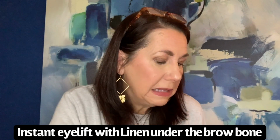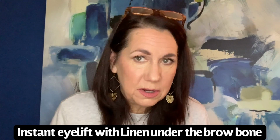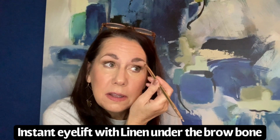One other quick trick, as long as I'm on, is I'm going to take this multitasker brush and dip it into Linen, which is one of our really light highlight shades, and I'm just going to go under my brow bone. Can you see the difference? That gives it just a really nice lift. I love that touch of Linen. One of the other artists on our team showed this trick, and I couldn't believe how pretty it is